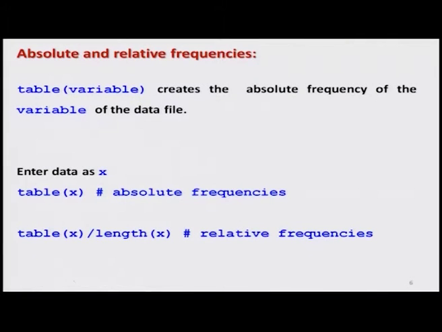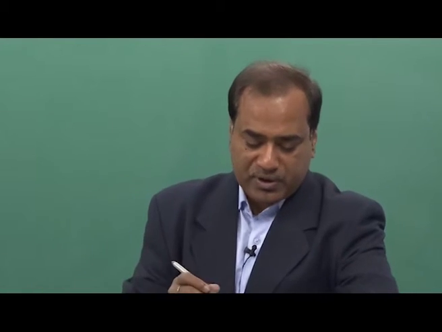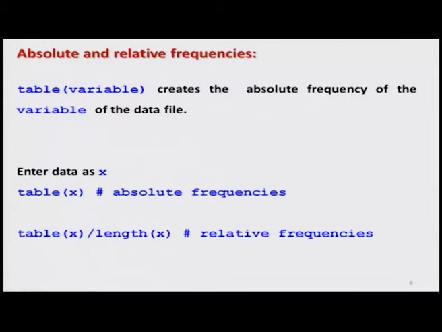So, our next question is how to compute this absolute frequency in R and how to compute the relative frequency in R. In order to calculate the absolute frequency, there is a function table in R software, and this function creates the absolute frequency of the variable on which we have obtained the data.